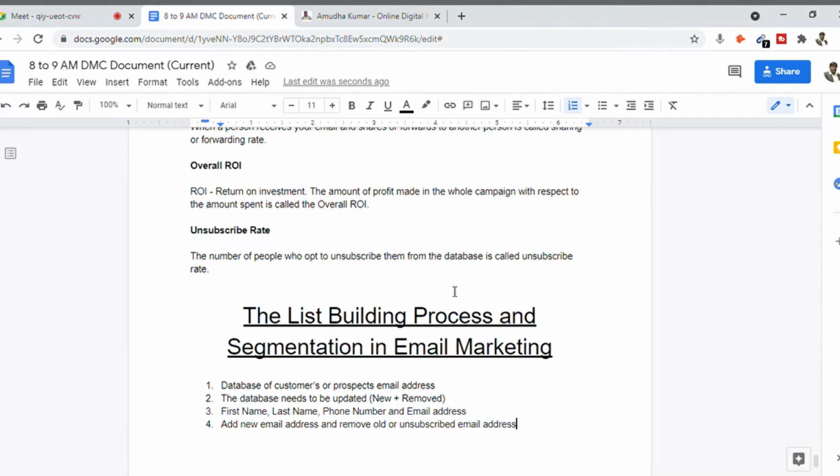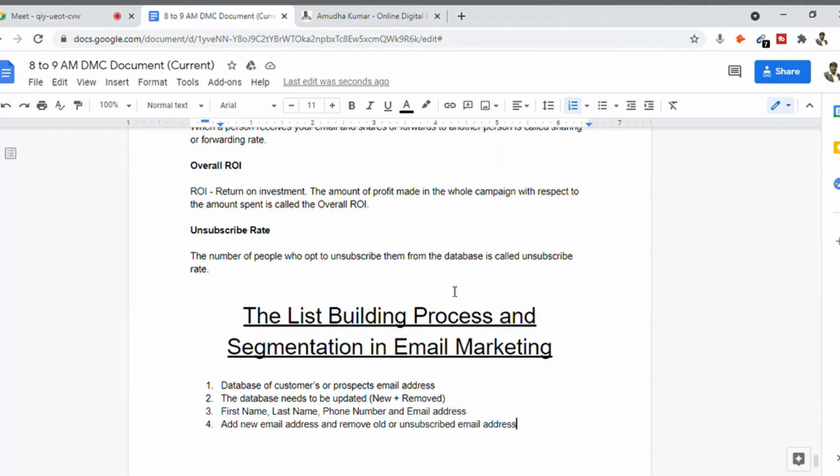You need to make sure that you create your email list by adding new people, but don't add random people. Add only those people who are interested. The best way to do it is to do proper SEO for your website, or ask people to register for your product or services from only those places where the people are related to your products or services. Don't go to college students and ask them to subscribe for your services. Maybe college students may not be interested in taking up a digital marketing course from you. What's the big deal? Any which way, if your content speaks about digital marketing courses, the people can come and sign up.